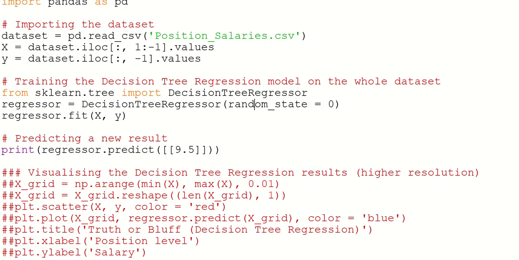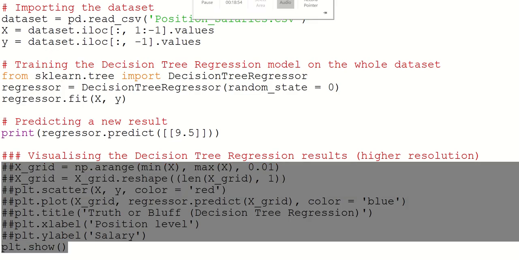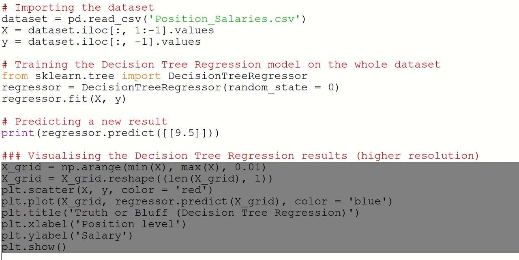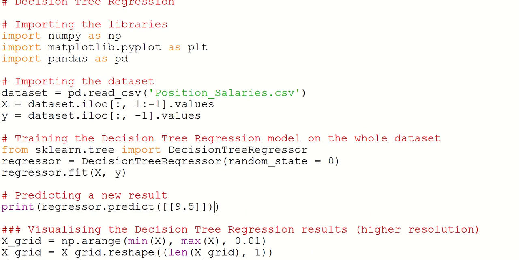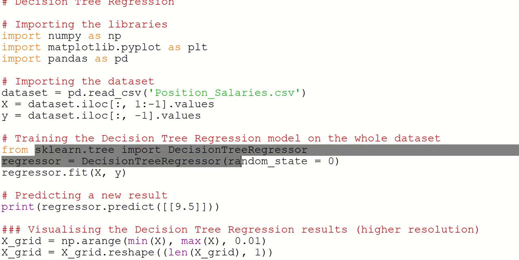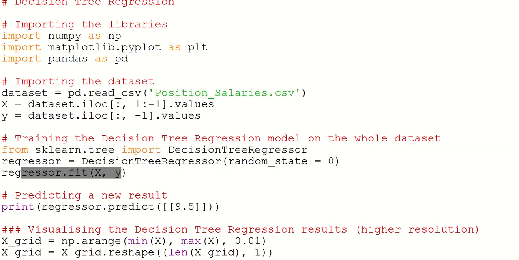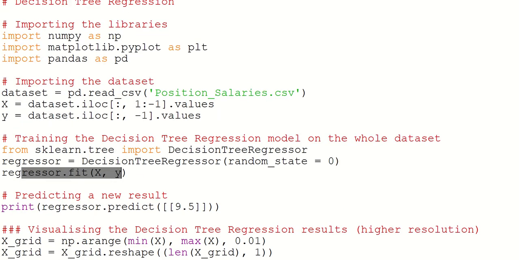This is a very simple one. You only have to change this name here to decision tree regression. That's it, over. Then you can just do plotting and visualizing. Position salaries, this one. These are the 3 lines which we should add for the decision tree regressor. Regressor dot fit, that's it. No other change. So this regression is straightforward. Now if I run this,